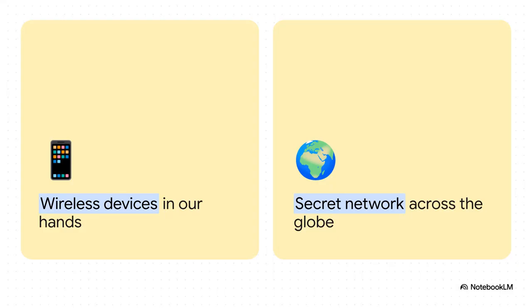We really need to contrast this magical illusion with the actual physical reality. Most of us just kind of assume our data lives in this invisible, floaty cloud hovering wirelessly around our devices. But the reality, our internet heavily depends on a massive, tangible, physical infrastructure that most people have never even laid eyes on. We are talking about millions of miles of physical cables. It's a secret network quietly connecting the entire globe, which is what actually makes all those wireless devices in our hands function in the first place.